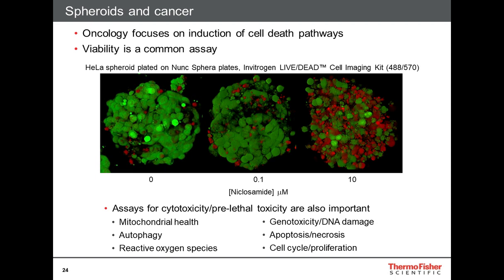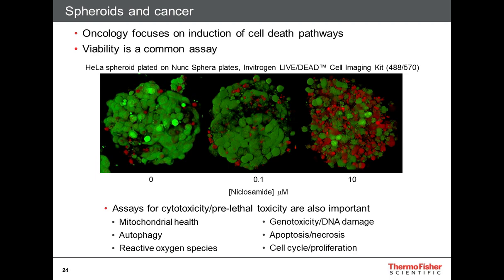When we're looking at spheroids, a common model is to grow spheroids out of cancer cell lines. And a common readout here is how can we induce cell death pathways. And so a common readout is viability, where here we're showing the Invitrogen live dead cell imaging kit applied to HeLa cells that were grown into spheroids on our Nucleon sphere plates and treated with different doses of niclosamide. So we see our cells going from green and healthy to red as cell death is initiated,